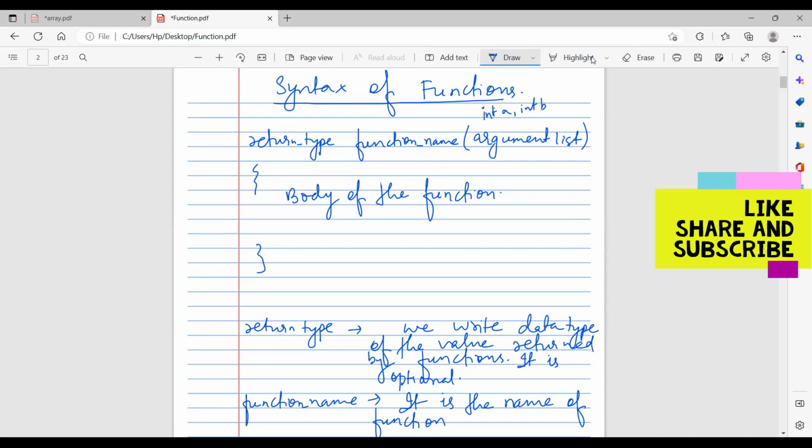Suppose we have two parameters, we'll write like this: a and b are parameters and this is their data type. I'm writing int here, it can be another data type also. So this is just an example that we write the list with the parameters and data types. So this is the function definition, the syntax of function definition. And then we have an opening curly brace and a closing curly brace, and inside this we write the code which we want to